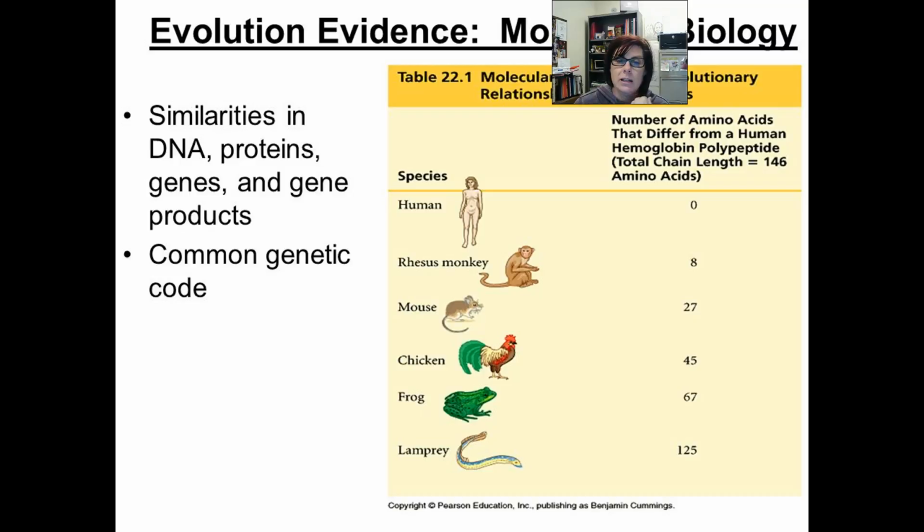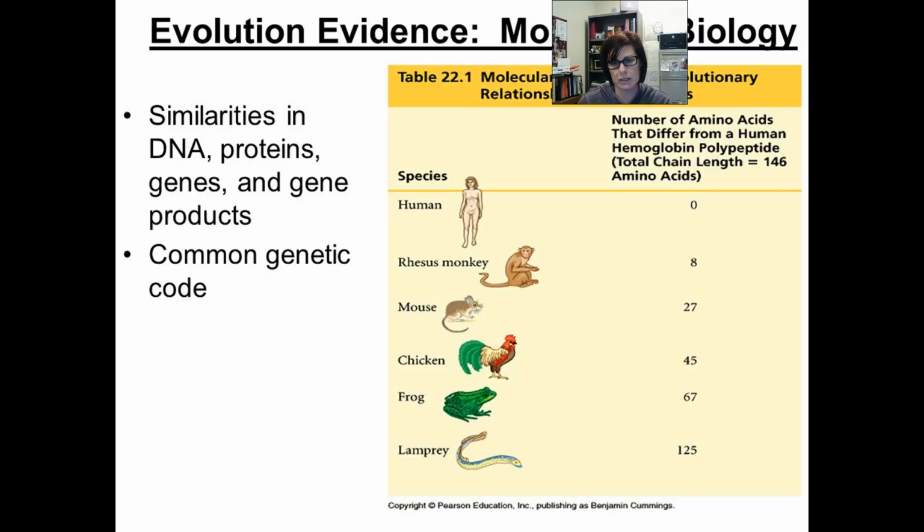And what has been consistent for all proteins that are common among organisms is that the further you are on the evolutionary tree, the more differences there are in your protein makeup